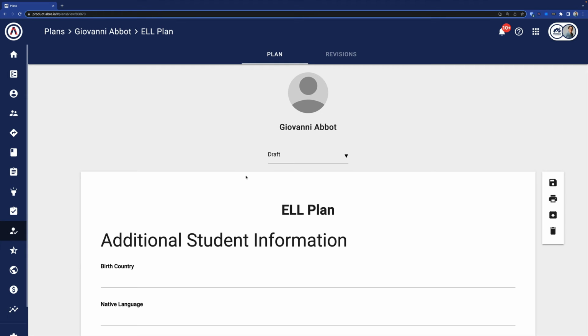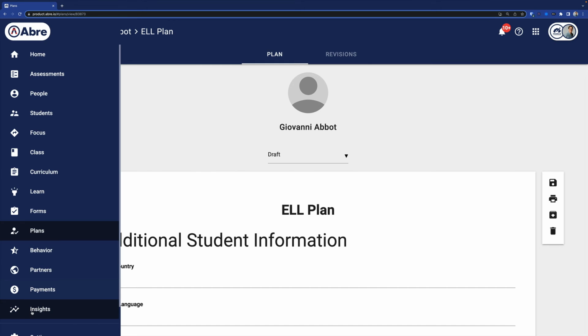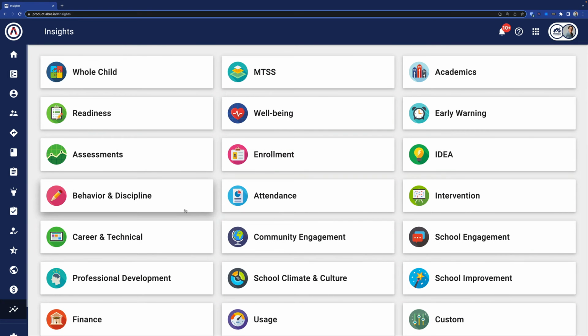The third aspect I want to talk about is reporting. Perhaps you want to see how many of your EL kids are not on a plan, or how many of them are on a plan but are not showing growth. Those kinds of aspects. How can that actually be put together? Assuming that you have the plan in effect, that you've created it, we would come back here to Abre Insights and create an analytics report that may combine a couple